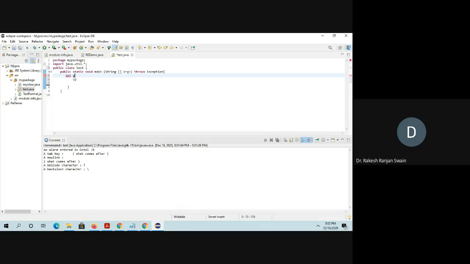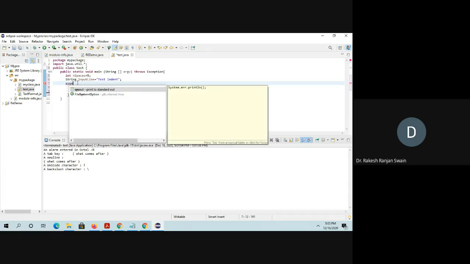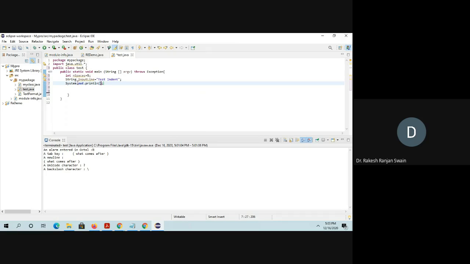An integer, and I am defining a string. Then the input line is printed.